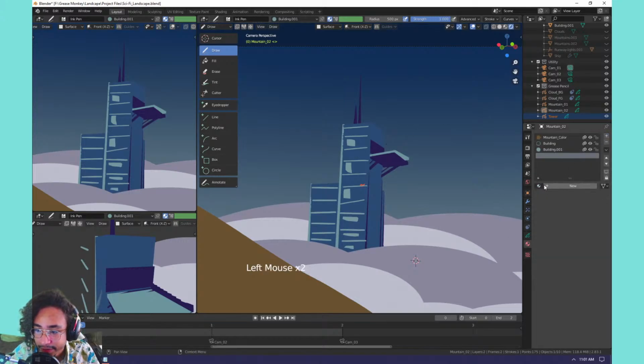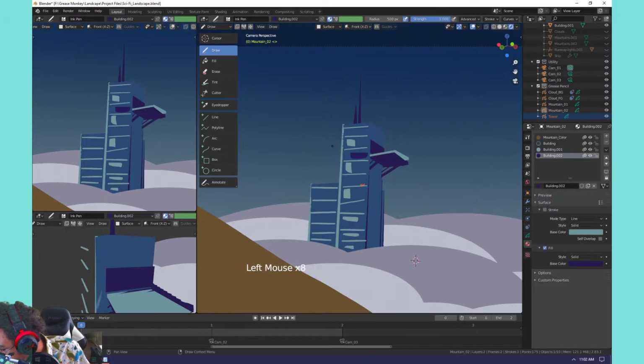Make another material. Make it darker. Actually, just steal this color. All right, so we got